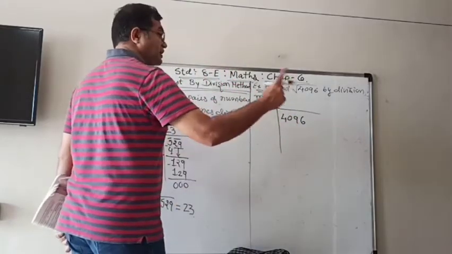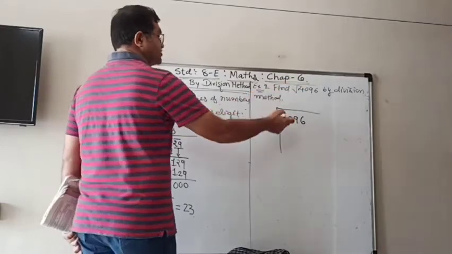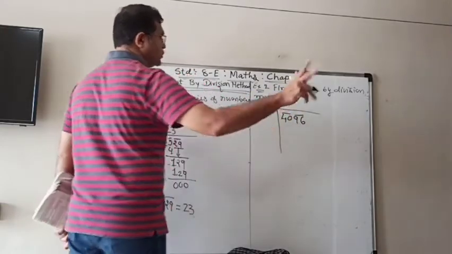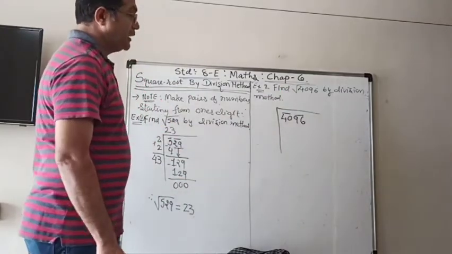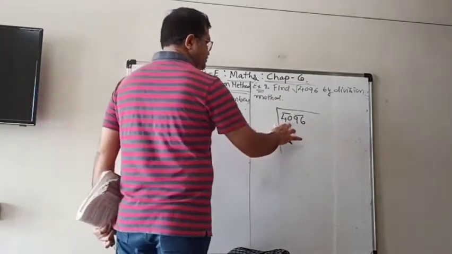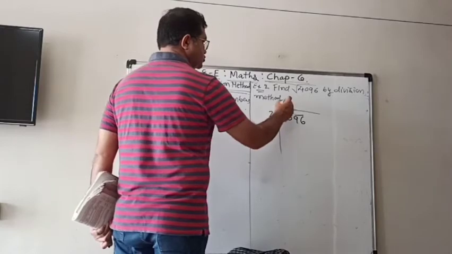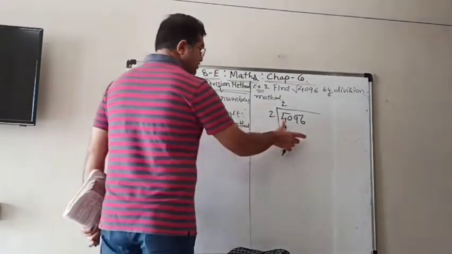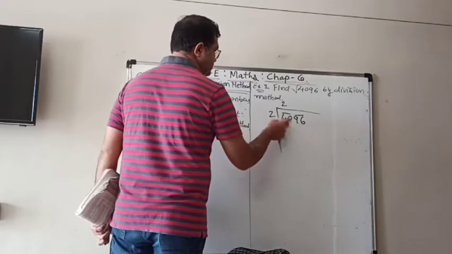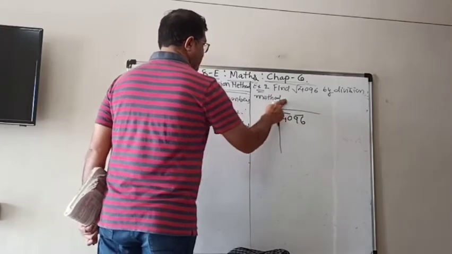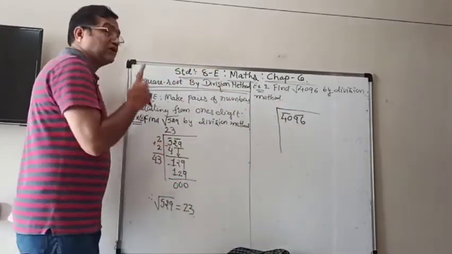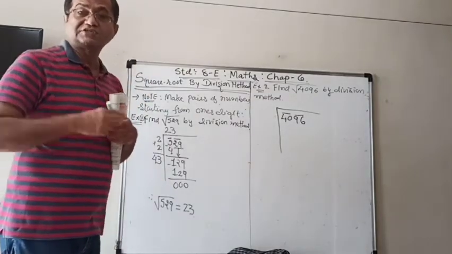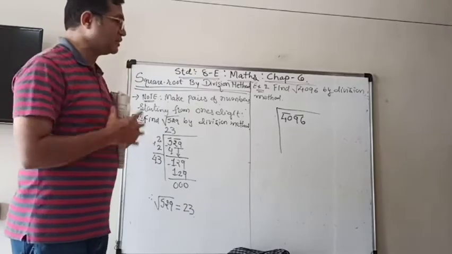And then start making pairs from the ones digit. So 96 and 40, there are 2 pairs here. Now here there is a pair, so don't make the mistake of writing down 2 twos are 4 here, because we have to take the whole pair, not only one digit. Here we take only one digit because it was not in a pair. So when it is in a pair, you have to think of 2 digits together.